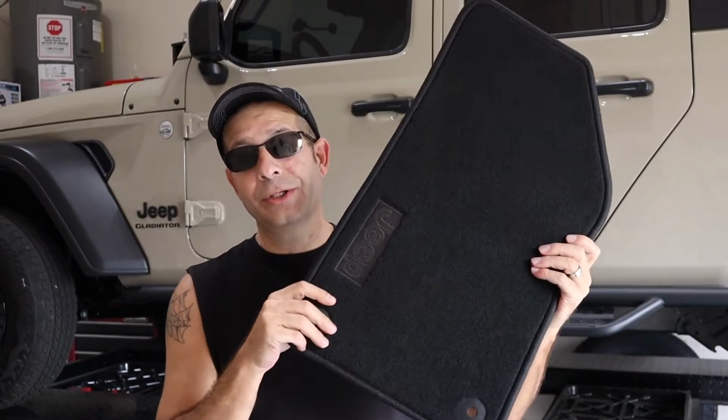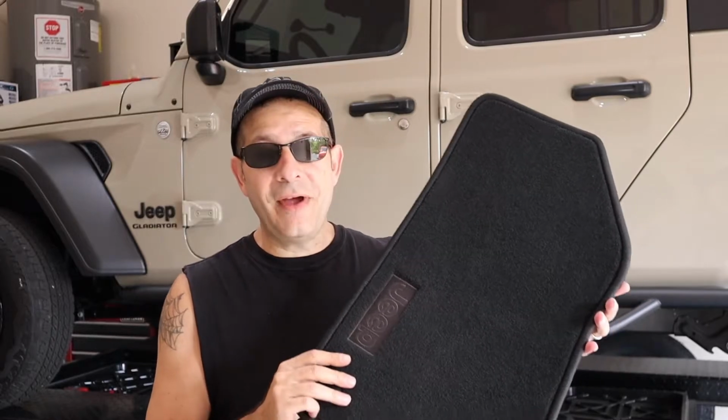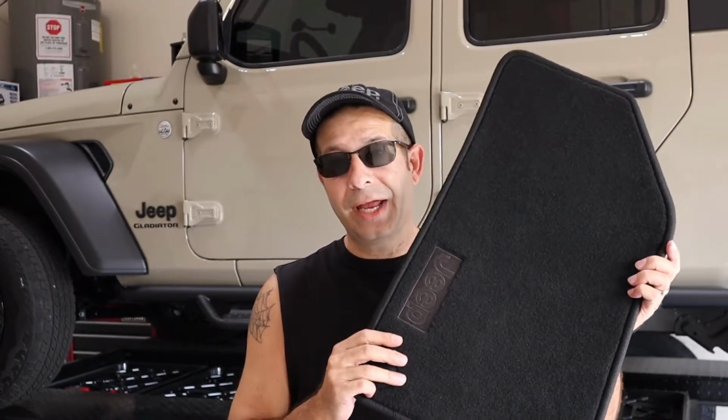I'm going to do a giveaway on my Jeep floor mats right here. These are the ones that came out of the Gladiator that's right there behind me. They're basically brand new. I think I drove it home, took them out, and put something else in. But I've had them sitting around and I thought somebody out there might want them. Maybe you've ruined yours. Well, here's your second chance, with some brand new, basically, carpeted Jeep